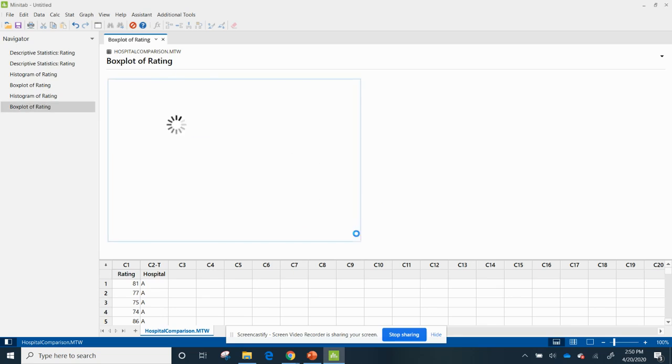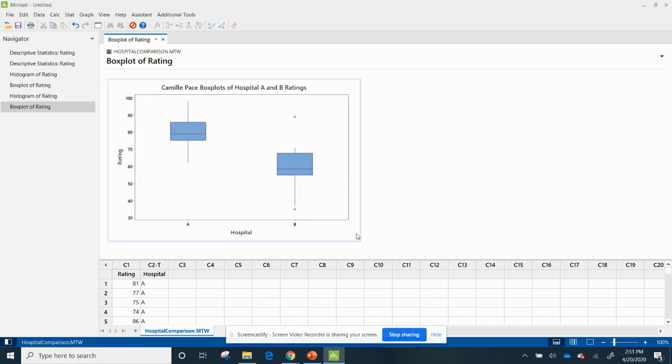Hit OK. Boom, it just showed me something I didn't know. I didn't know I had outliers. And look, I have an outlier. 35 is an outlier. Hopefully it'll let me do it. Come on, computer. 89 is an outlier. All right, and here you can see most of the data for Hospital B is below